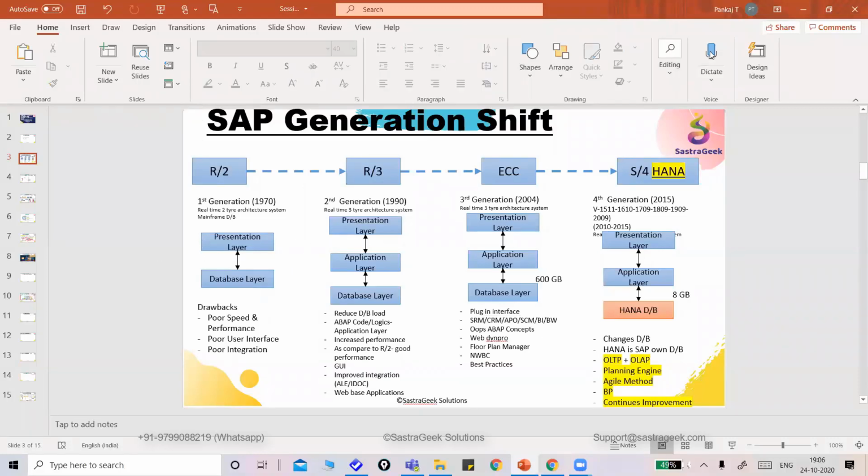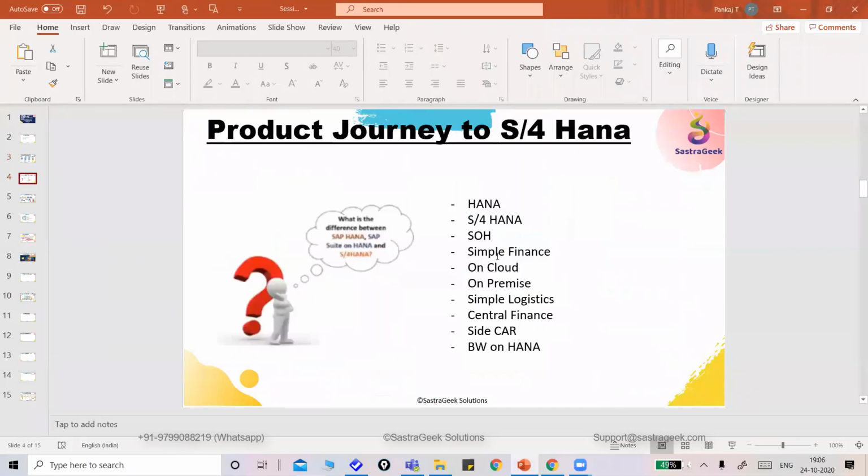Right now you must have heard about the cloud version and the in-built version or something, right? So now, on the same database, SAP is able to pull in all the different kinds of modules and still the performance is really good. That's what SAP S/4HANA is. That's what we discussed in our last session, and then we also discussed some detail about what is SAP